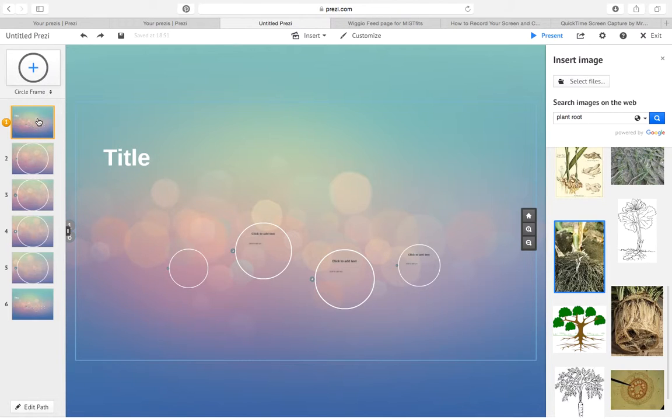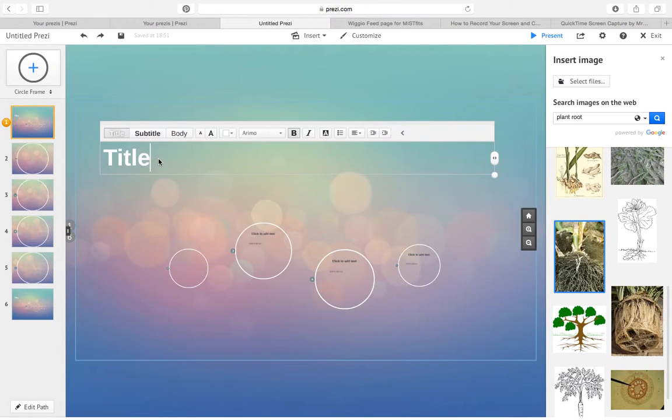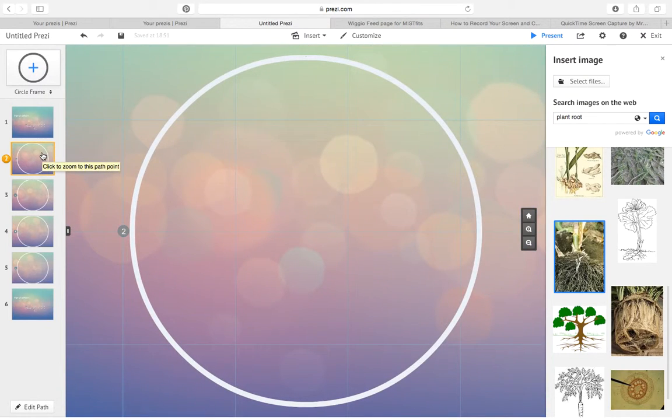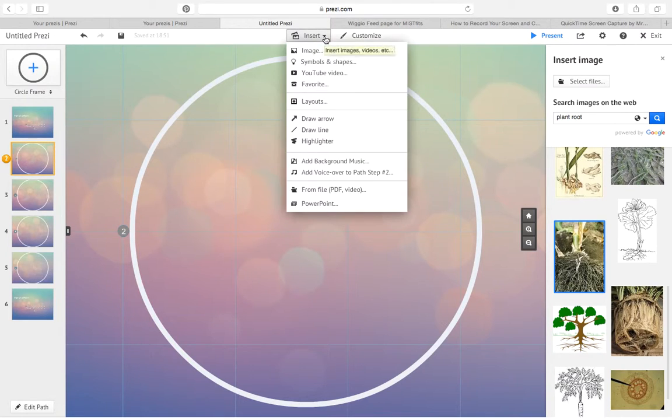So I'm going to click on this first slide, which is the title. That's the title page. I want to change this on the title page. I'm going to call it parts of a plant. Okay. Then I'm going to go to number 2, and that's this area right here. If I just click this, or I can click here and it will zoom in so I have a bigger or larger workspace. So if I put in a new text, insert,